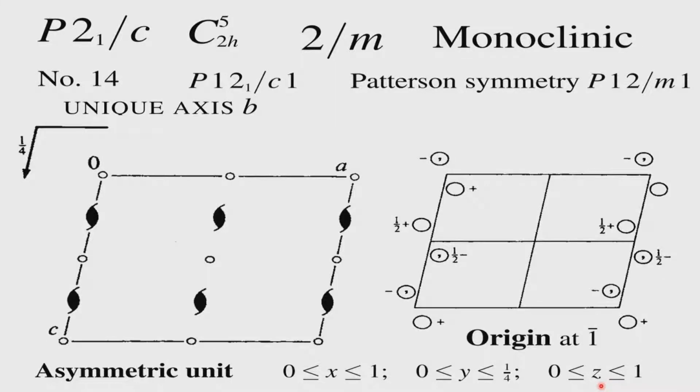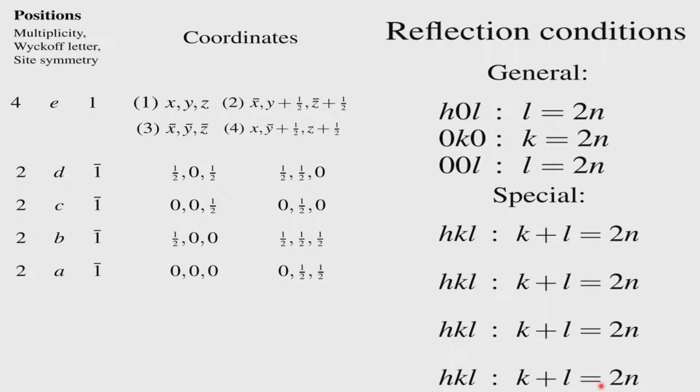So, coming back to the question which I have posed, I get an indication that this system is P2 upon C, but I get systematic absences corresponding to a centered lattice. So, what do I conclude? Do I conclude that P2 upon C is wrong and say this is now a centered monoclinic system, which is quite possible to have? What is your conclusion? The conclusion will be that we have to always look at the general reflections, but then the general reflections are also not shown, only these are shown. So, what is the conclusion?